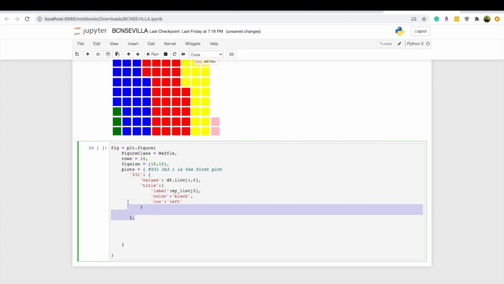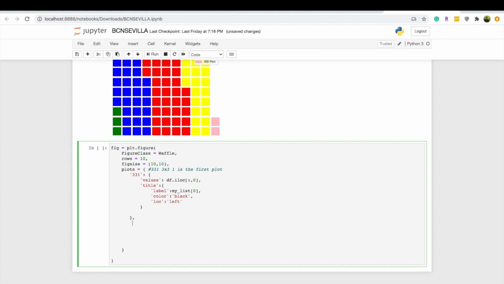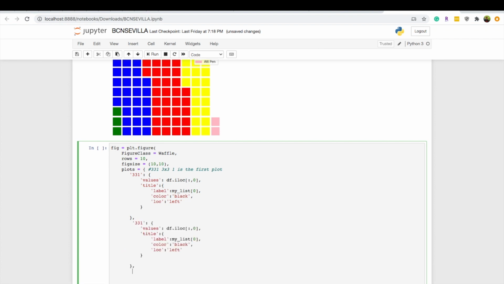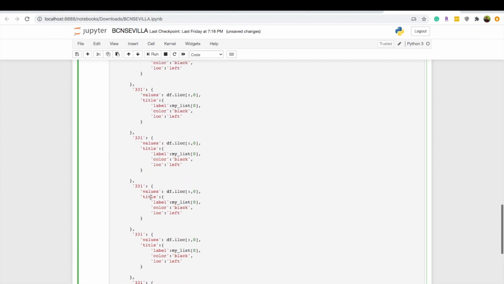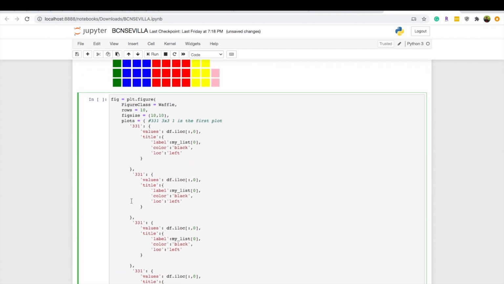And we're just going to copy all of that. So just hit Command C or Control C, and then go down on a new line and paste all of those. So we're going to do that. So that's 4, 5, 6, 7, 8, 9. I pasted it 9 times. And then we need to go through and change this. So this is 331. We're going to change this to be 332, and then 333, and so on. 334,